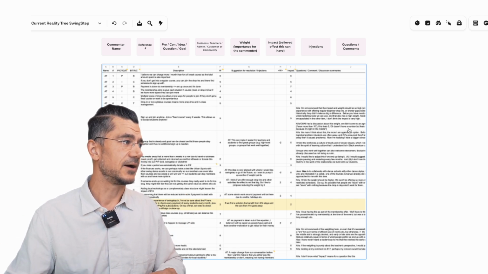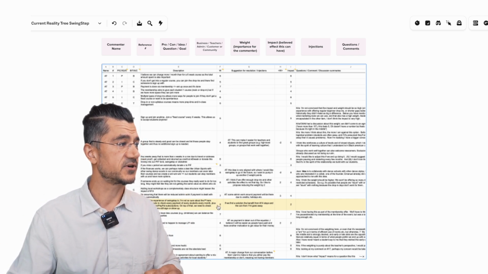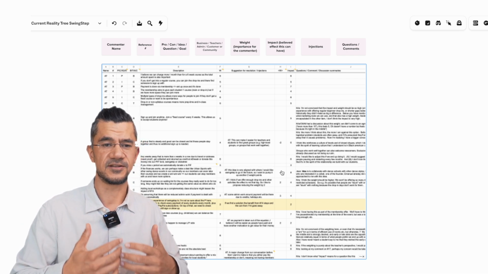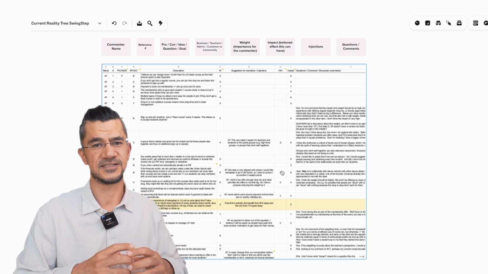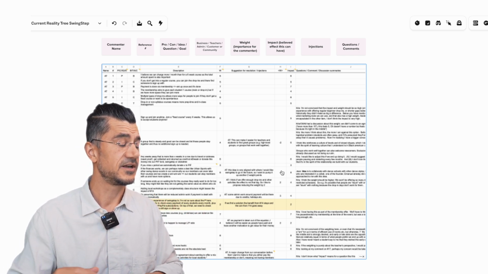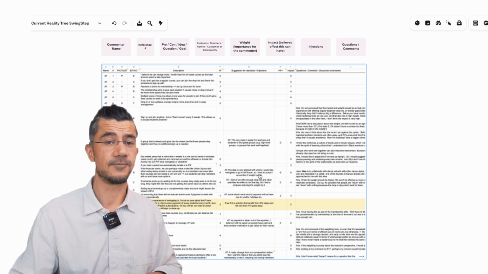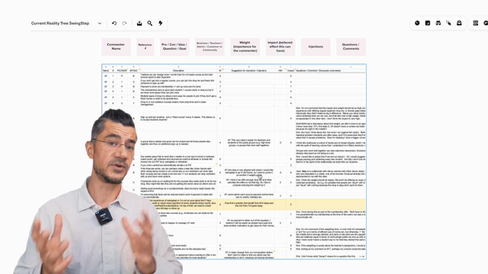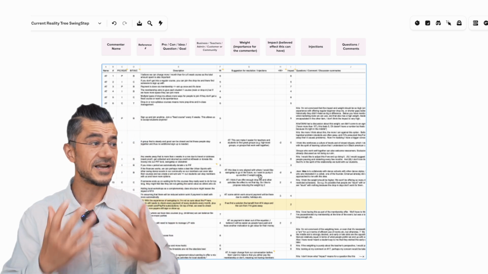And I wouldn't take the actual numbers too seriously. These are just personal opinions and thoughts. You don't need to over-systematize and give every number a value. That's not the goal. Frankly, at the end of the day, you don't even need to tally the numbers and see, okay, we have this many pros and this many cons, so we go for it or we don't go for it. That is not the goal.